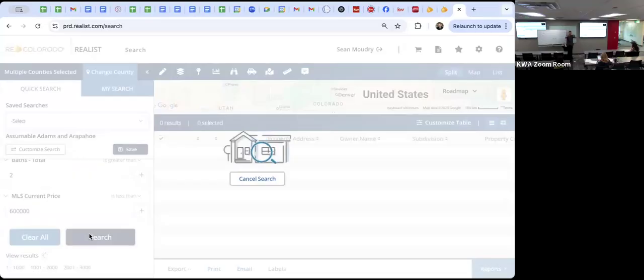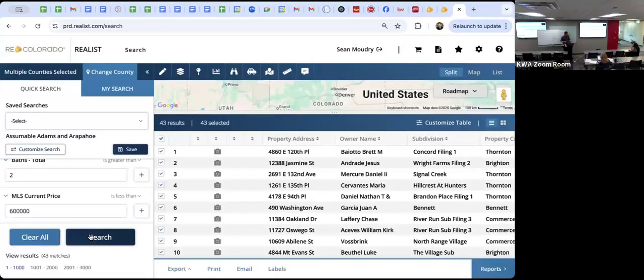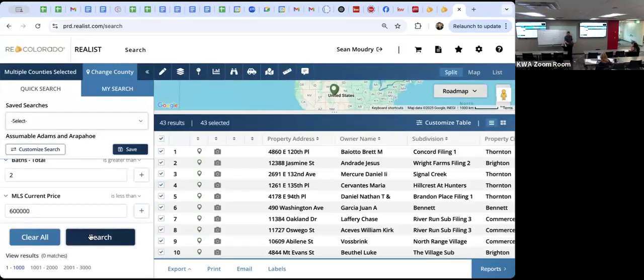I want a wide search. Okay, now I want to be clear. These properties have assumable loans and are for sale. It does not mean that the seller is offering it assumable, that they'll accept an assumable, or if the agent even knows what assumable is, as you will find out when you're calling them and they tell you it's illegal.